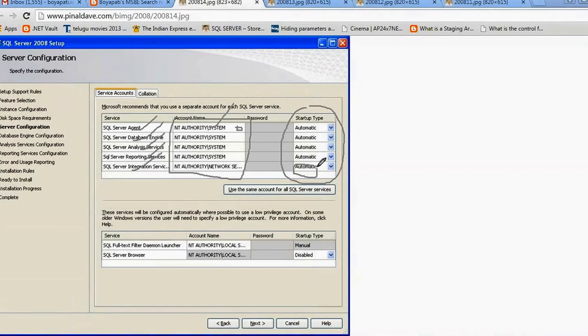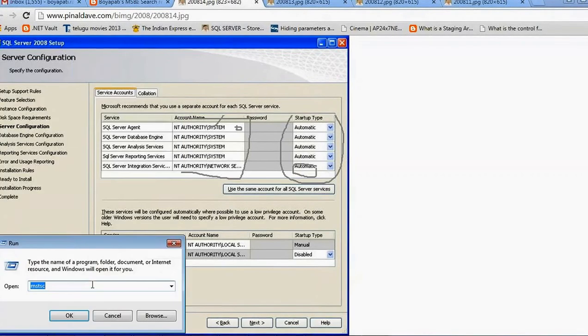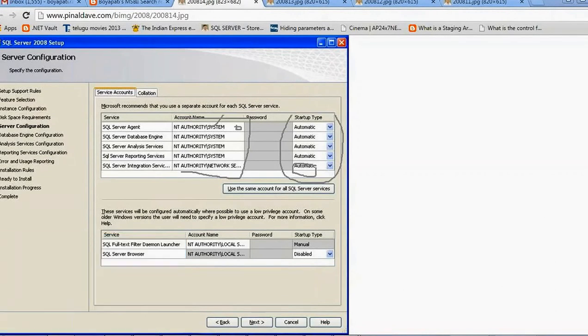Okay, so where can you start the services? See here, go to Run, type services.msc, and click OK.